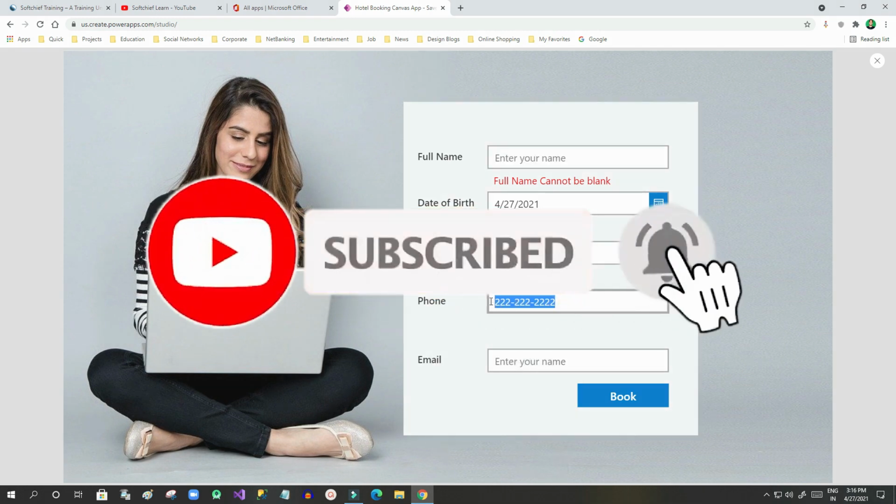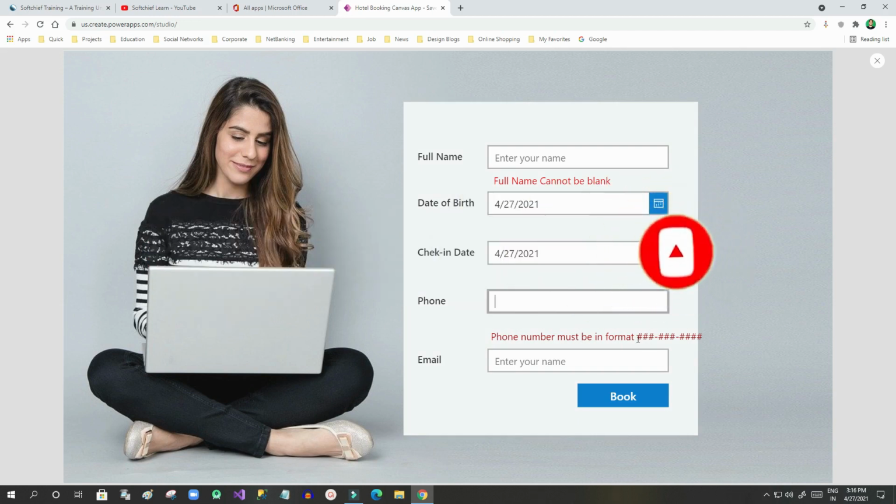In the phone number, if someone makes it blank, it will show that the phone number must be in the format: first 3 digits, then hyphen, then 3 digits, then hyphen, then 4 digits. If you give something different, it will also give an error, because the format doesn't match.